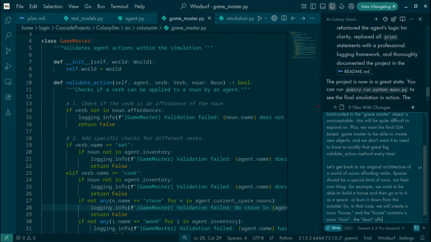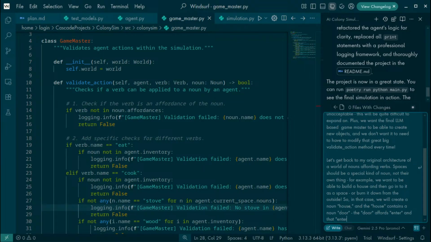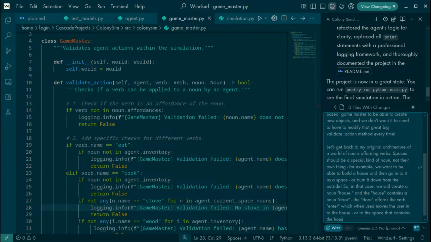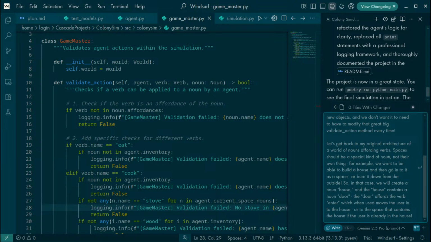The door affords enter, and that affords the verb enter, which when used moves the user into the house or out of it, or to the space that contains the house if the user is already in the house. Okay, that makes sense.